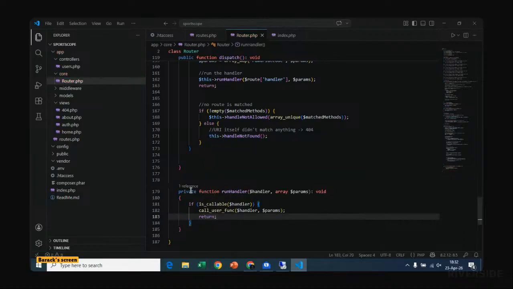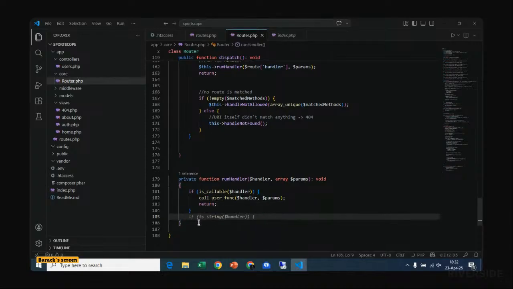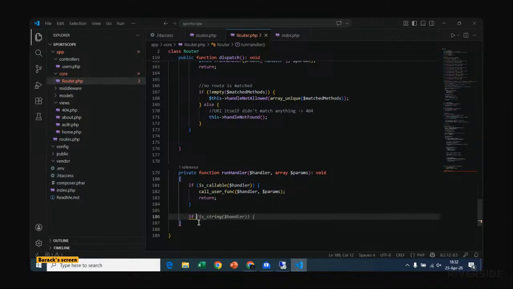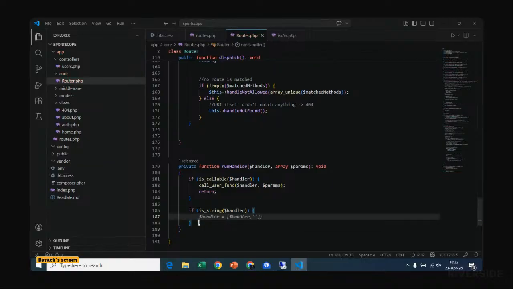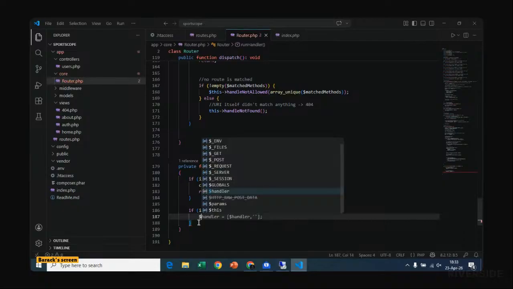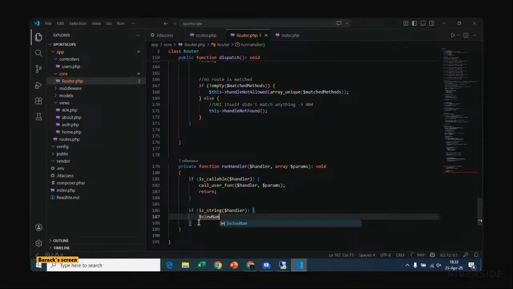Another condition: string, because if it's a string and it's a handler, then if it's a string and a handler needs to load a view file, then we need to sanitize to allow all safe characters to prevent path traversal like we did in the earlier PHP. So we should say view name